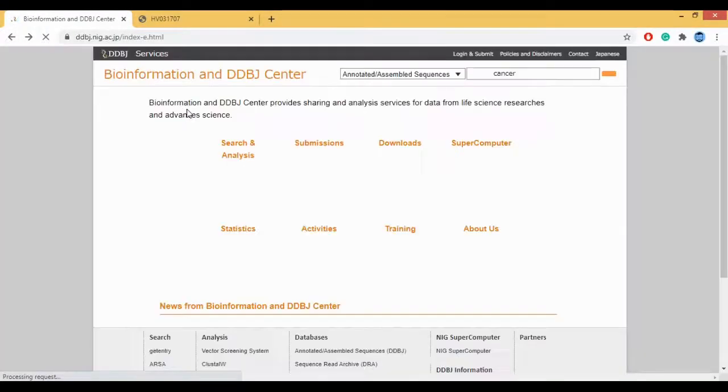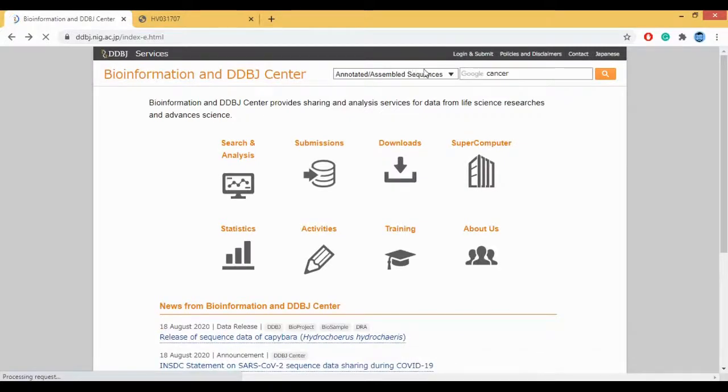So if you come back to its homepage, now the third option here is your Sequence Read Archive. If I want to go for cancer with the Sequence Read Archive,